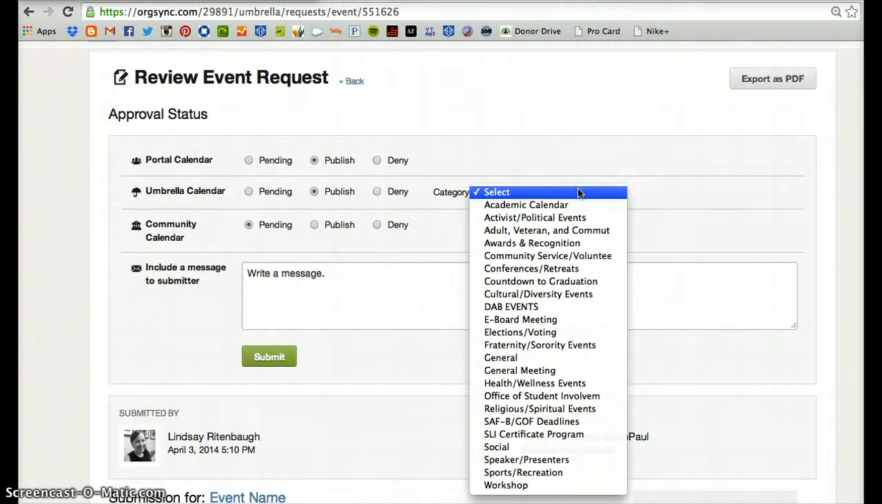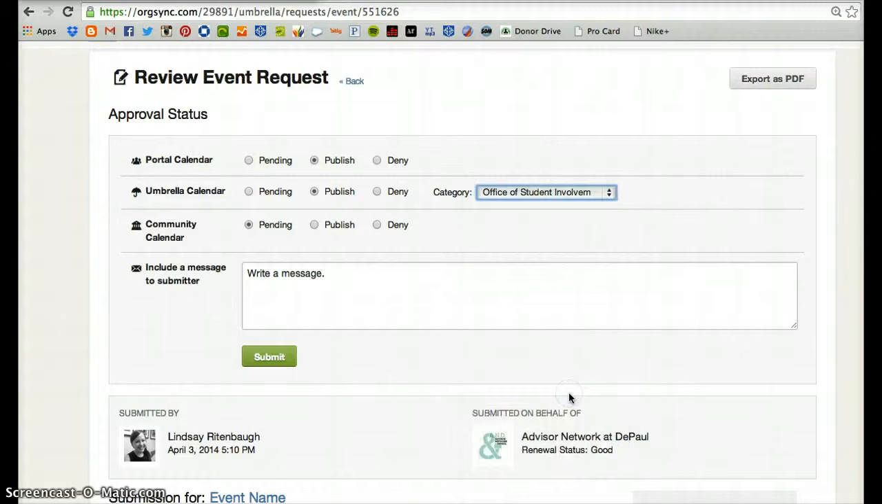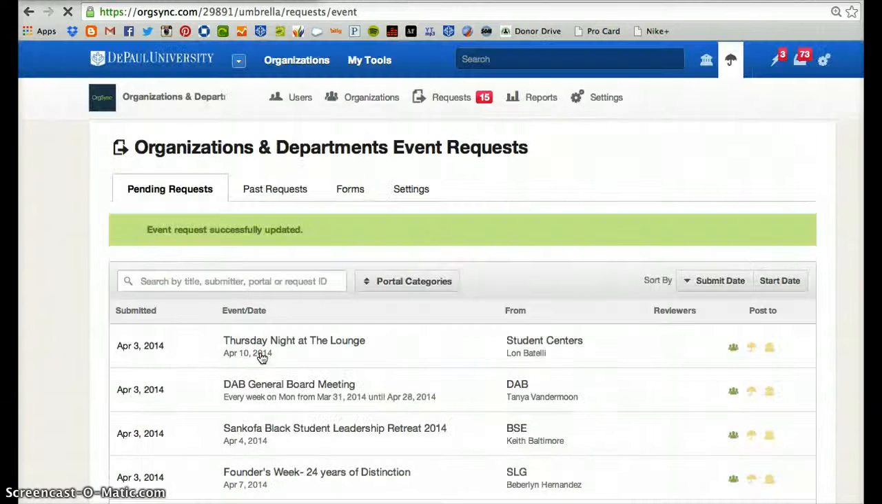We'll determine which type of event this is, so since this is an Office of Student Involvement event, we will select that category. That will determine the color coding of the event and how it will appear on the community calendar. Once we submit that, it will be available on your community calendar. And since you have created that as a public event, it will also show up in the Localist events calendar